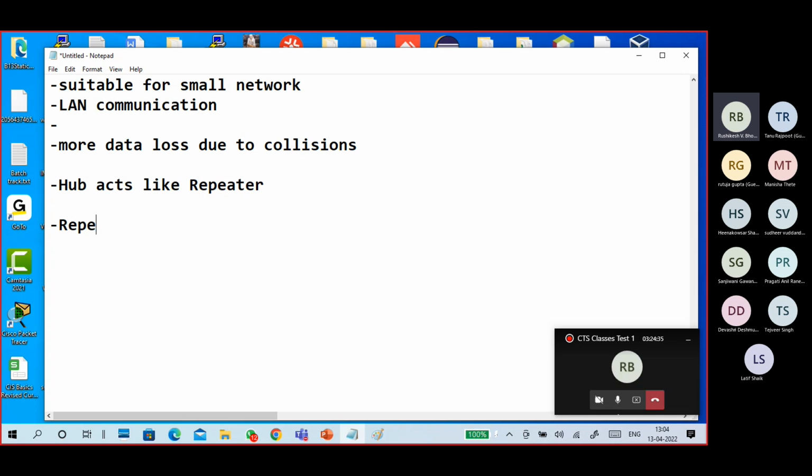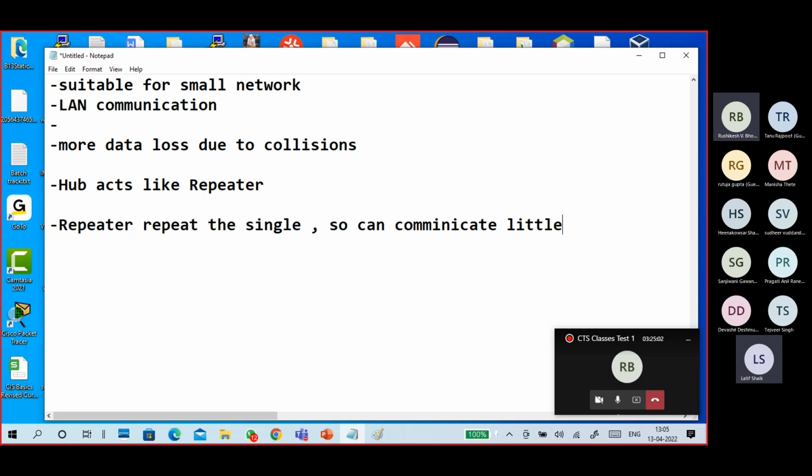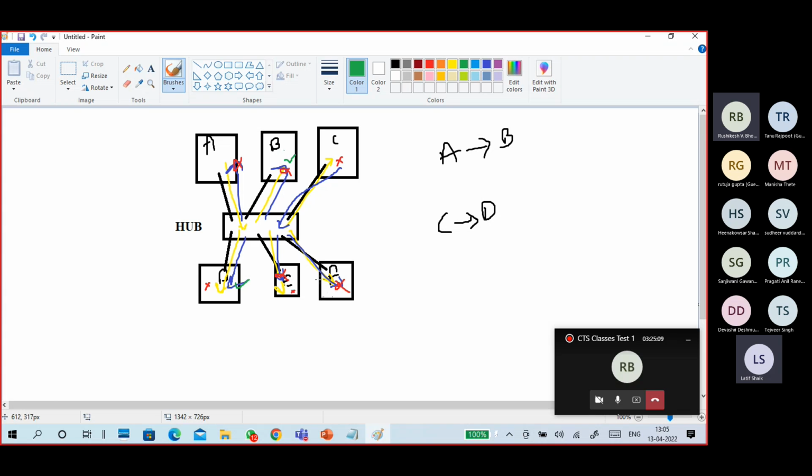A repeater repeats the signal, so you can communicate a little longer. Meaning, our cable.